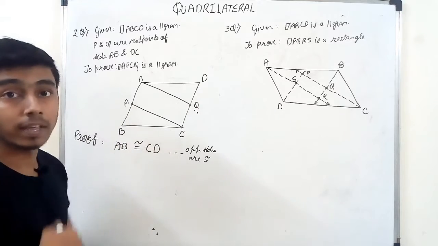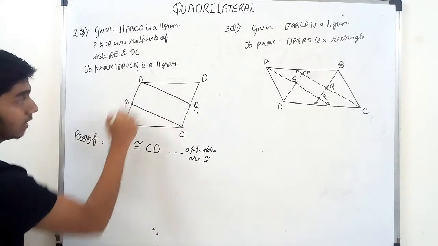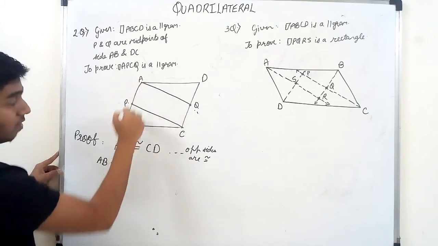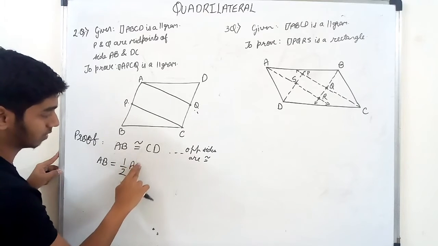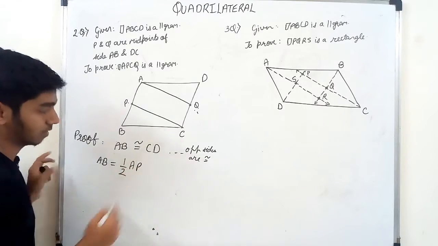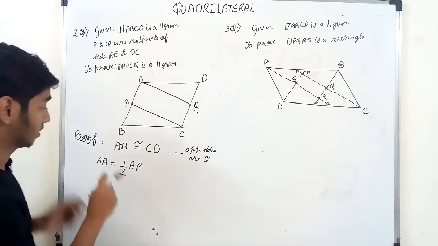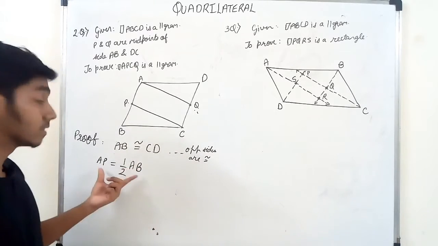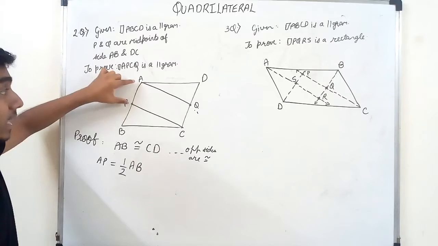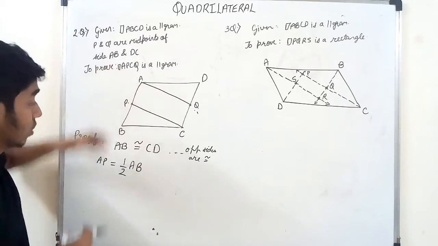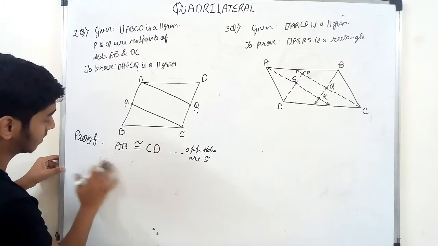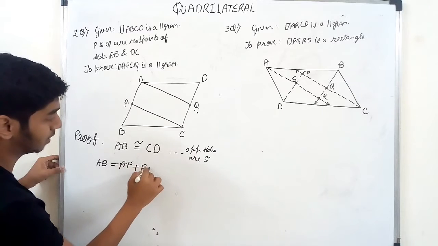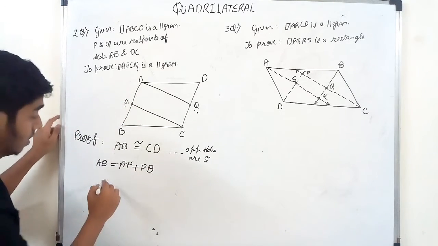Therefore, if these two are congruent, now can we say AP is equal to half of AB. Why this? Because if you see AP, P is the midpoint, yes or no? So if we write this AB as AP plus PB, yes or no? AP plus PB. Now